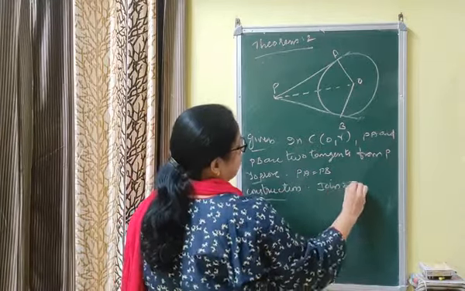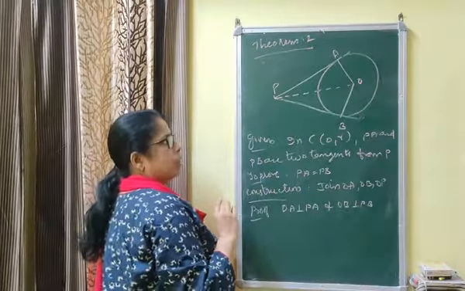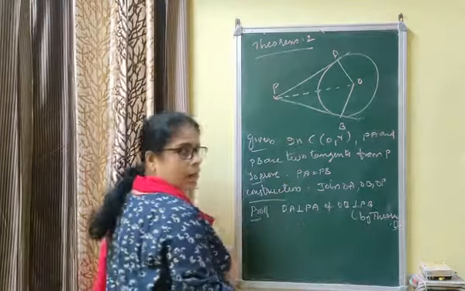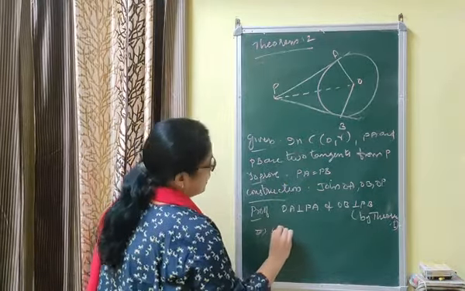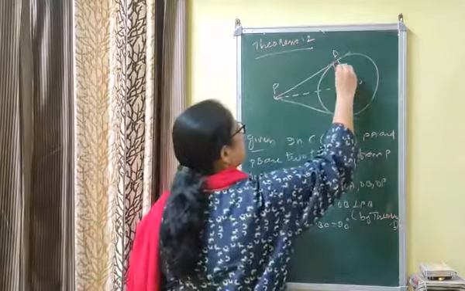Now proof. What is proof? OA is perpendicular to PA and OB is perpendicular to PB. Why? OA and OB are the radii of the same circle. By the first theorem, radius is perpendicular to tangent. आपको मालूम है OA और OB रेडियस है और रेडियस हमेशा परपेंडिकुलर टू टेंजेंट होता है by theorem 1. But in the examination you have to mention the theorem because it doesn't have any name. Now that implies angle PAO is equal to angle PBO is equal to 90 degrees. Now that means these two angles are 90 degrees.